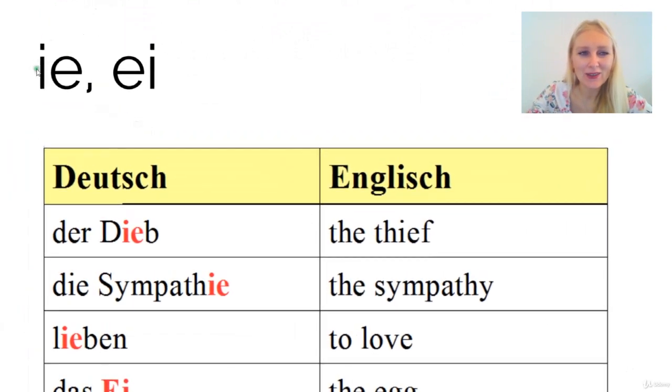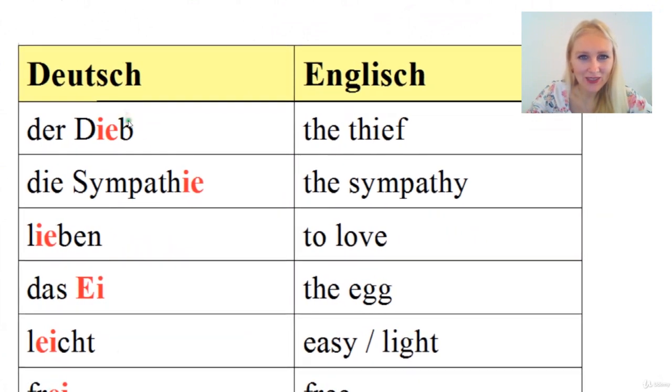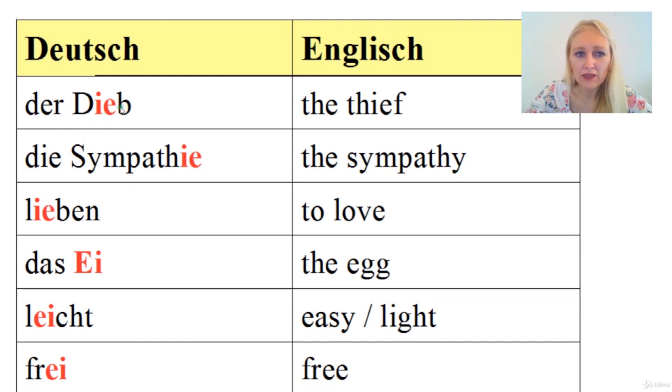Those letter combinations we have to pronounce the following way. So here, for example, we have der Dieb, the thief. So der Dieb, as you see here, IE means that you have to stretch the I. Okay, so it's a long I, der Dieb. So you don't say dip, it's deep, kind of like the word deep in English. Der Dieb. Also the B is not pronounced very strongly, it sounds more like a P at the end.